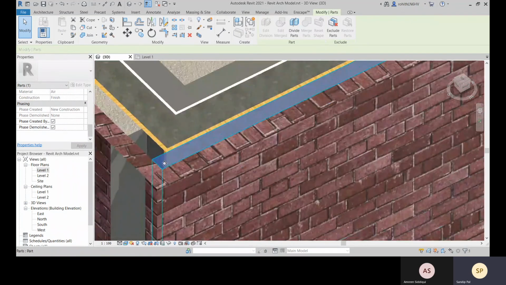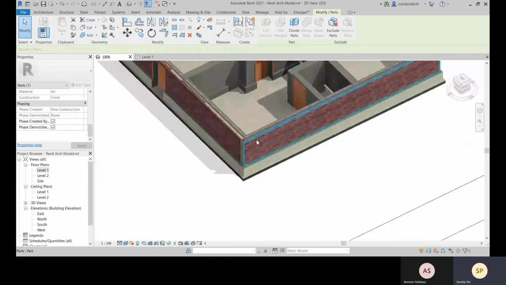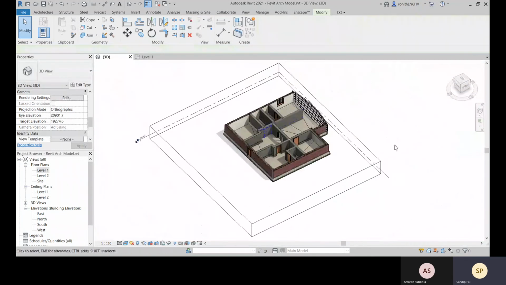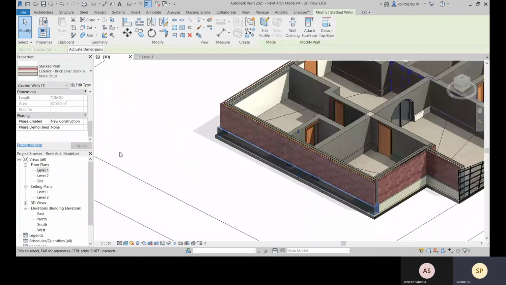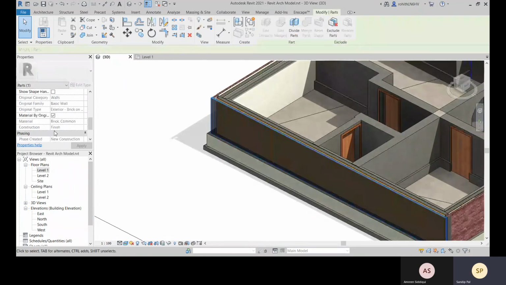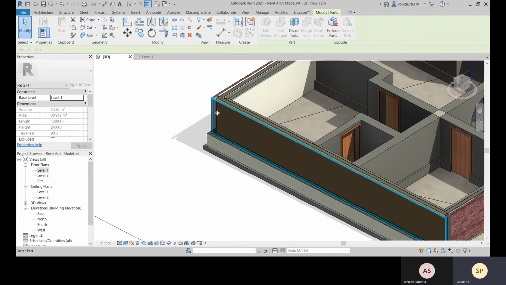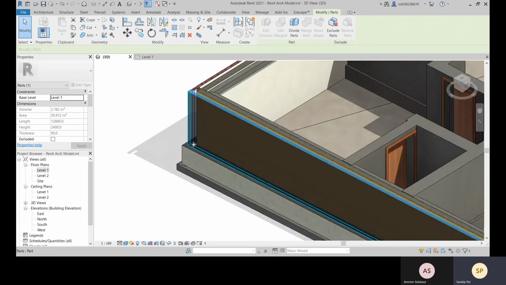This is your air material. So for each and every material, you see the phase, the original family category, and all the volume for this particular part, like volume and area, you can see it.